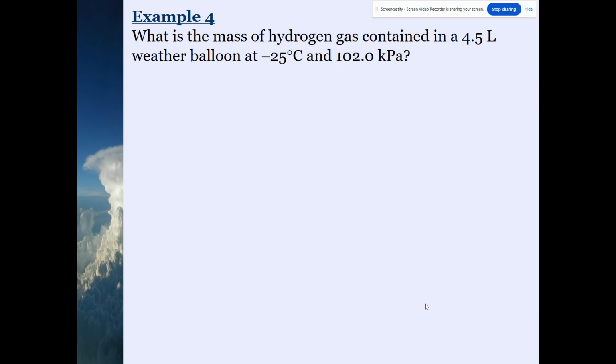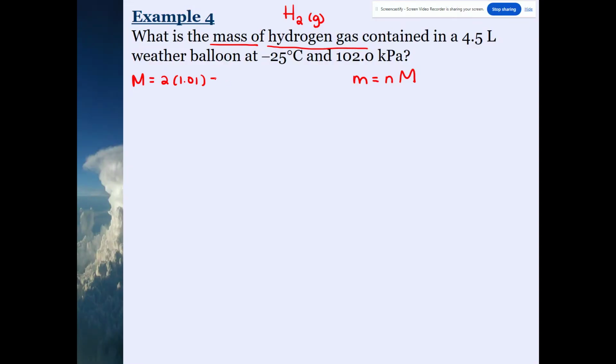There's one more question. What mass of hydrogen gas? We want to find mass. Now, in order to find mass, I need to know moles, and then I multiply it by molar mass. Okay? Molar mass is something we can always find. I have hydrogen gas. Whenever you have the name of a substance, you want to write the formula for it. Hydrogen is H2. It's diatomic when it's by itself. So my molar mass is